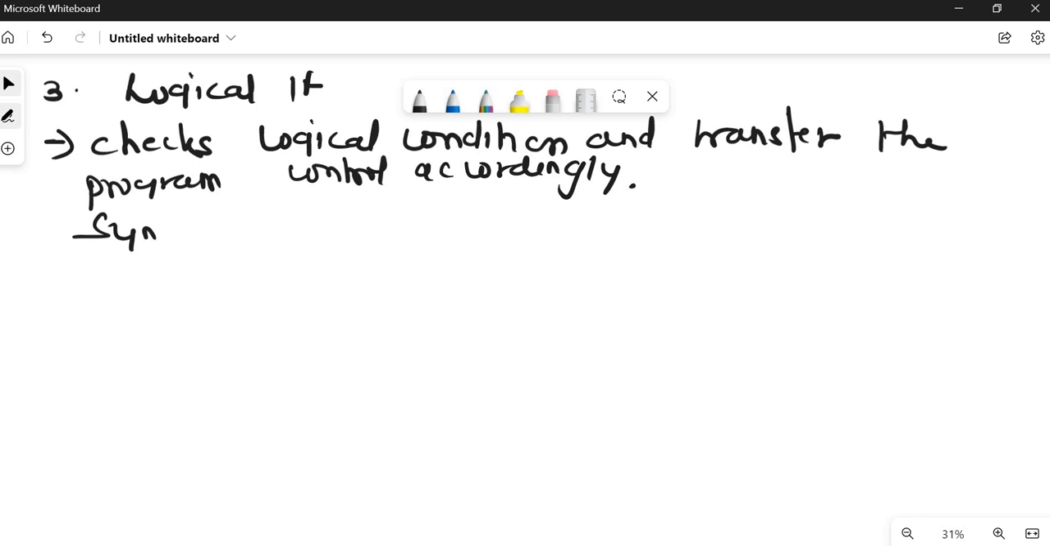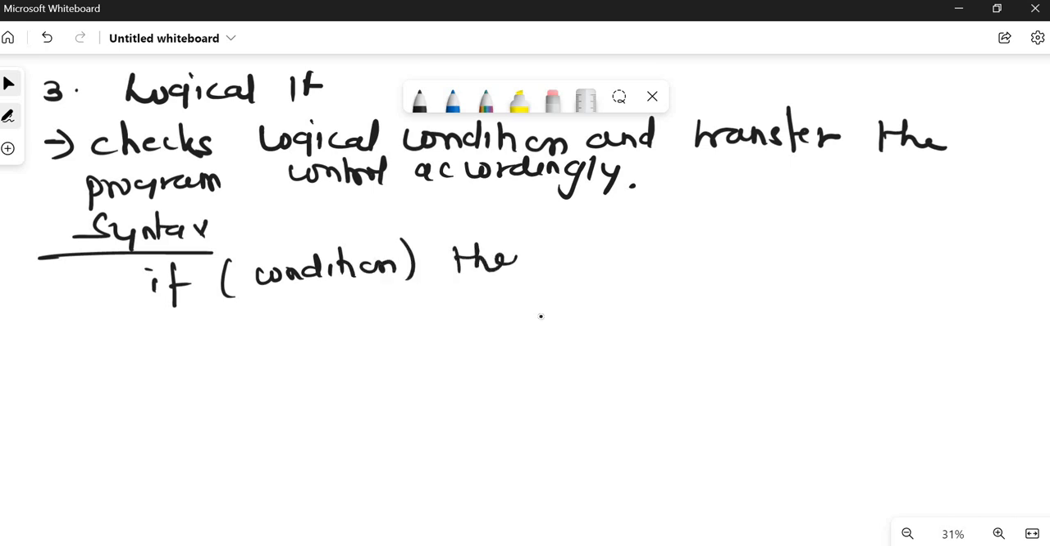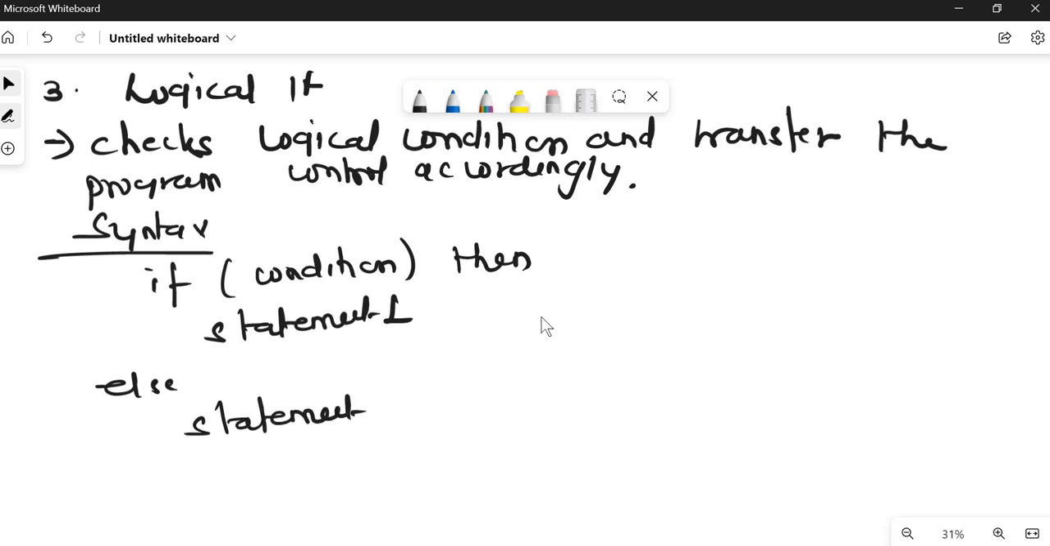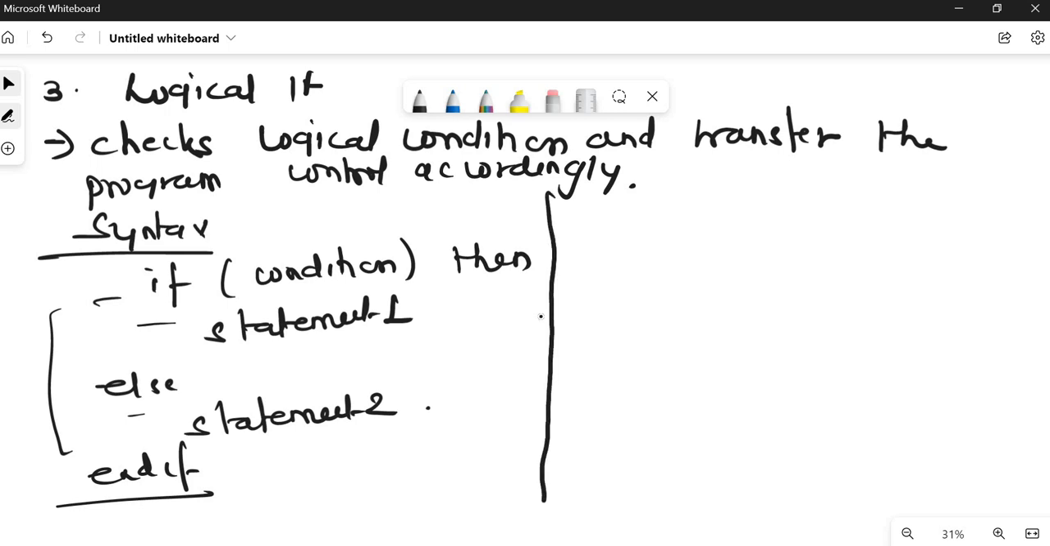So the syntax will be: if you give a condition, if the condition is true, it goes to statement 1, else it goes to statement 2. And last we end the if. This is the statement if, else, and end if. It's very similar to the if else statement in C. Remember, if and else statement. So I think the best example for this logical if will be